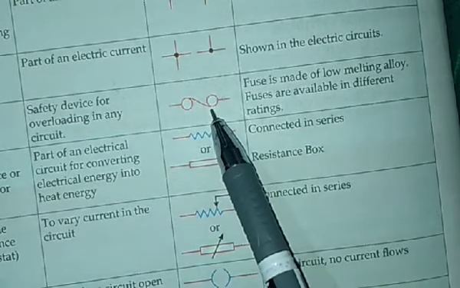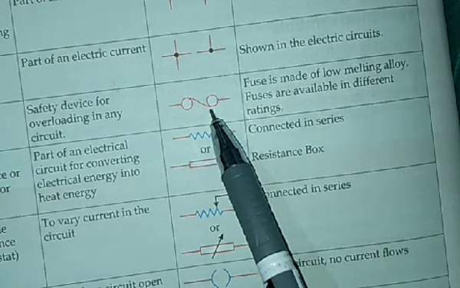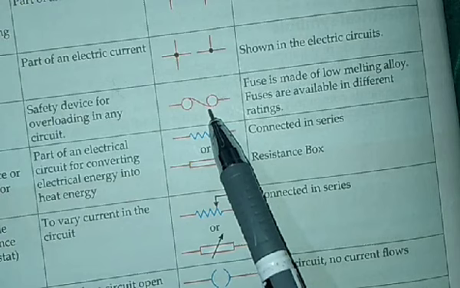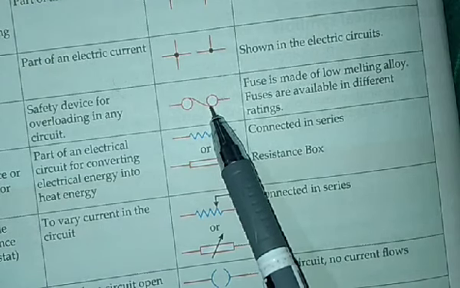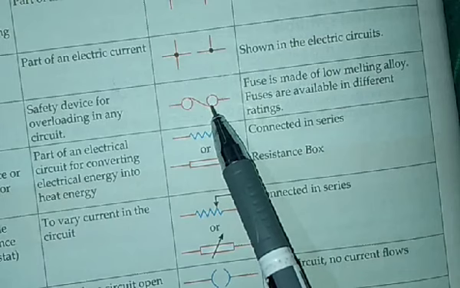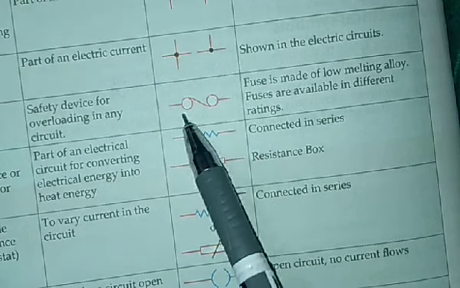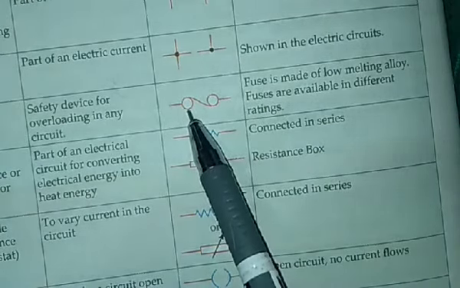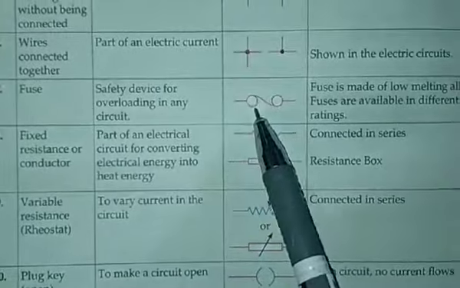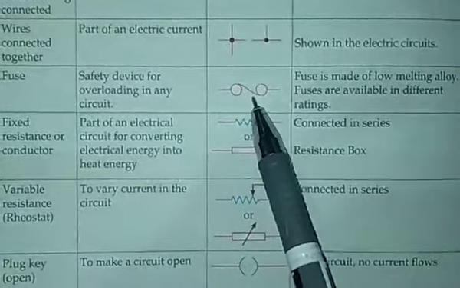We fix fuse in the electrical circuits of our homes, because for running all the devices in our home, we need a particular amount of current and voltage. If more than that voltage or current is supplied to our houses, then our devices will be destroyed. So, in order to cut the effect of excess voltage or excess current, we use a fuse, and we fix this fuse in the circuit of the electrical appliances.